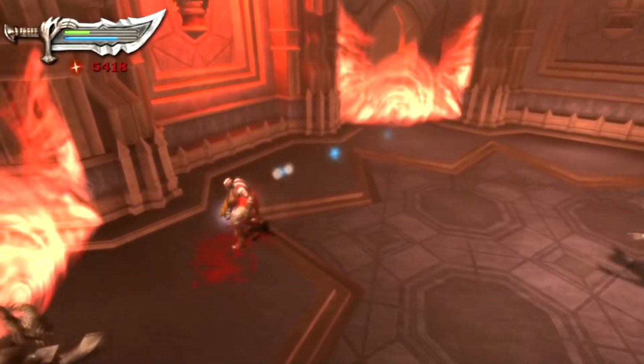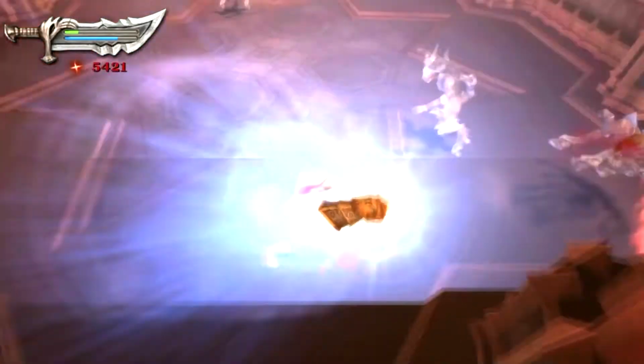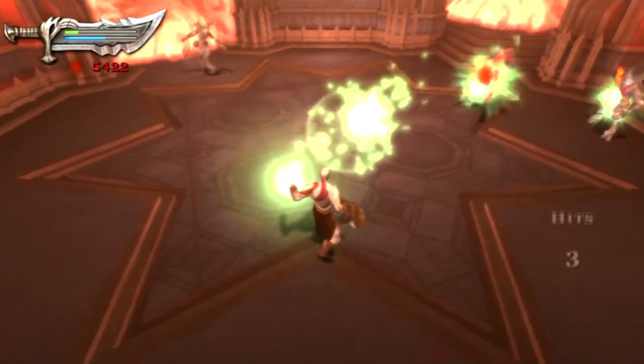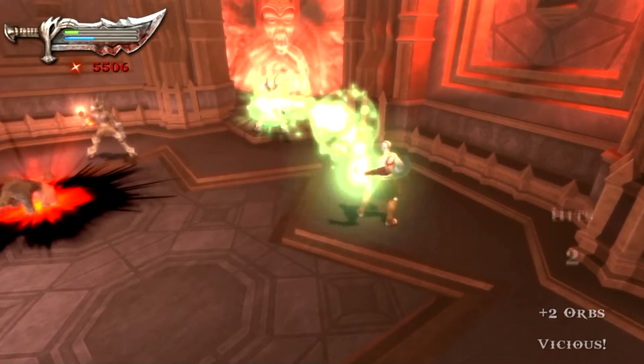At this point, Kratos has to deal with just Satyr bombers after dealing with both dogs. Be careful though, because the Satyr bombers are still pretty deadly. You're going to want to use magic at this point. I would recommend Charon's Wrath, possibly the Ifrit if you would like. Yeah,